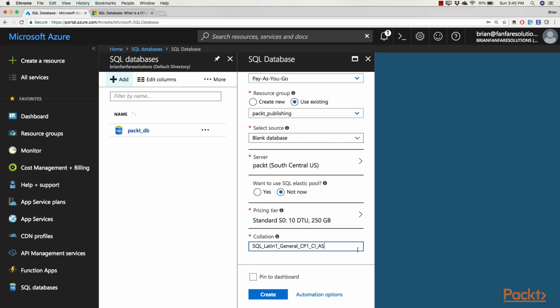But these are the parameters that are required for creating of an Azure SQL database, as well as the server that sits behind it. Now, you do have full access to manage, quote unquote, the server that sits behind it. In other words, you're going to be able to get performance metrics about it and things like that, but you will not be able to change the VM size dynamically like you can with a standard VM. So with that,